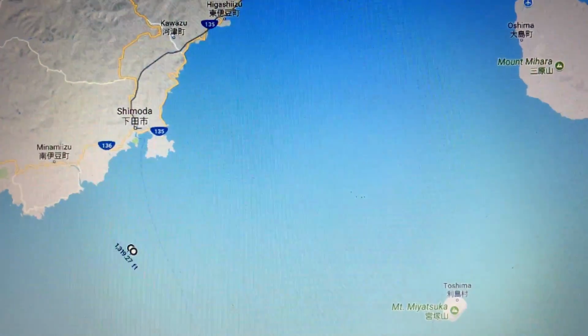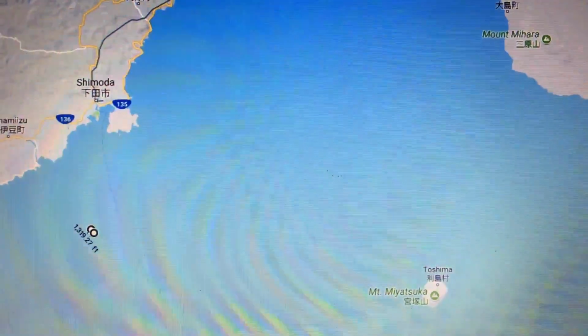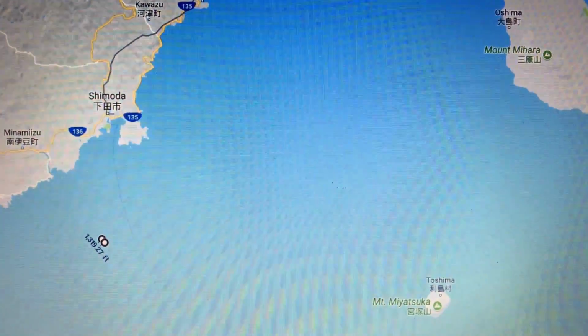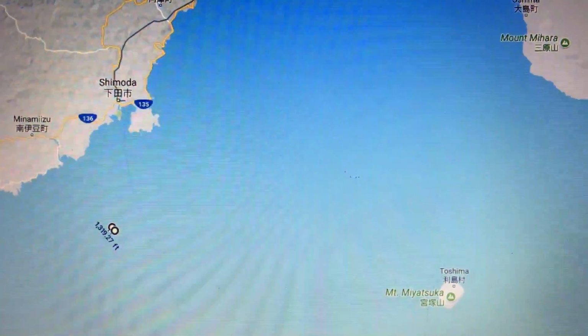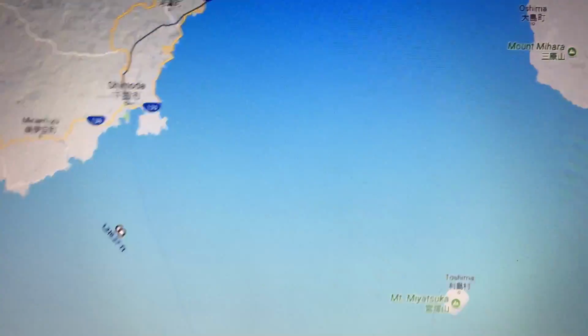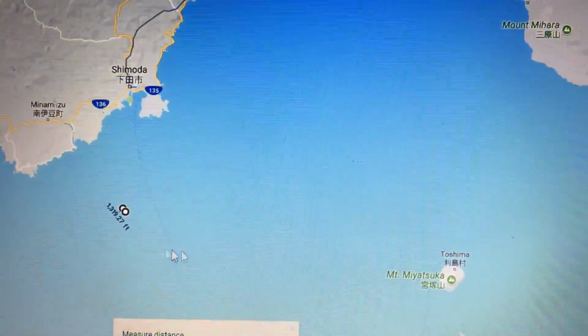I was doing some research on this area where the Fitzgerald was at the time of this event, and I've come across some interesting information. I don't know if it really means anything or not. I'm going to leave that up to you guys out there to decide for yourselves. And the first thing I did, just for scale, and I should have done this a long time ago,